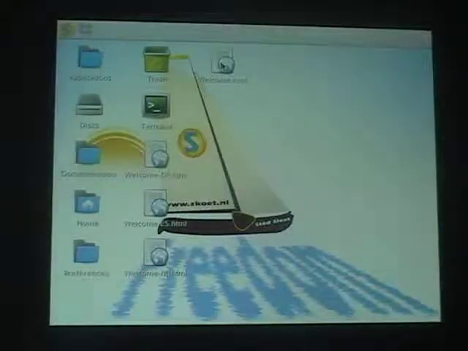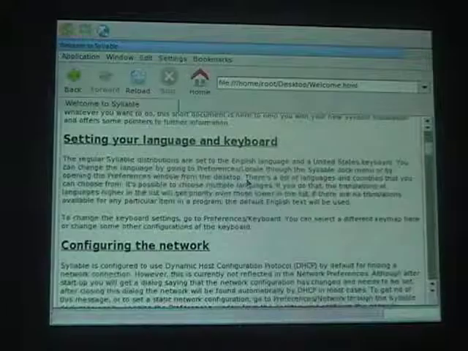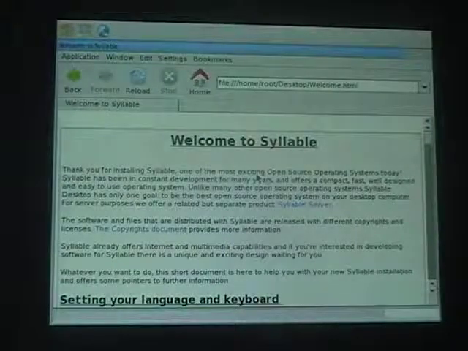And the CPU load is really low if you do many things. Here's the easiest way to start the web browser, through the welcome documentation from the desktop. On this live CD you currently have to double click to open. And the web browser is our biggest program, so from the CD it takes a few seconds. That's the welcome document. We don't have a connection